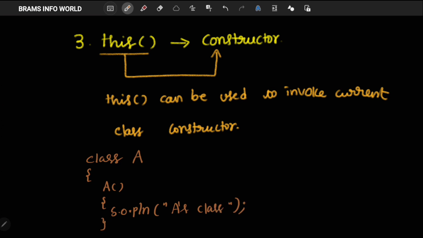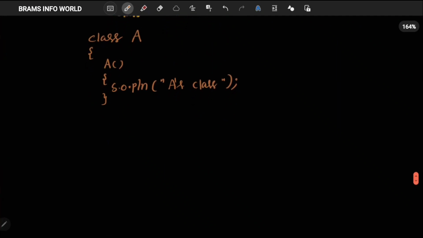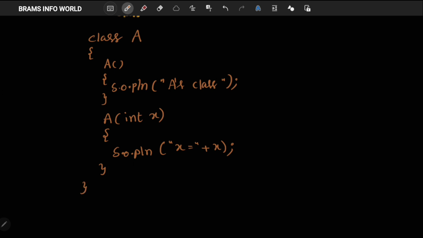So this is my constructor, and similarly I'm going to define one more constructor, that is A, and it has a parameter X, and System.out.println in double quotations "X =" plus X. I want to print the X value.